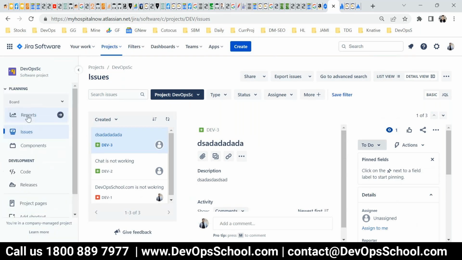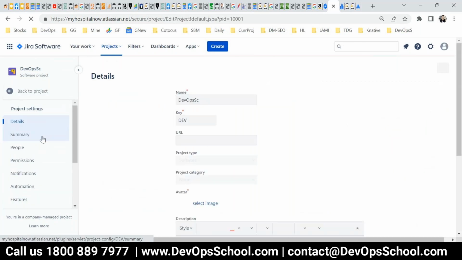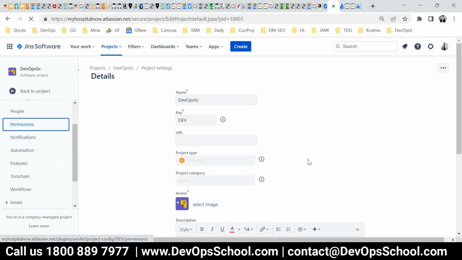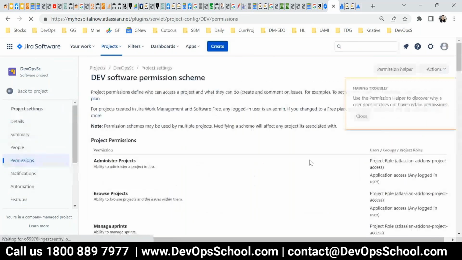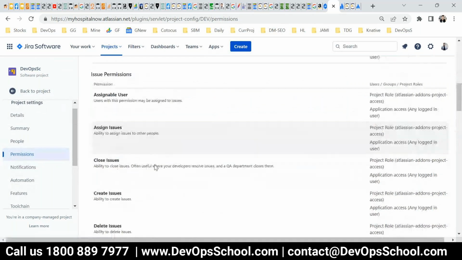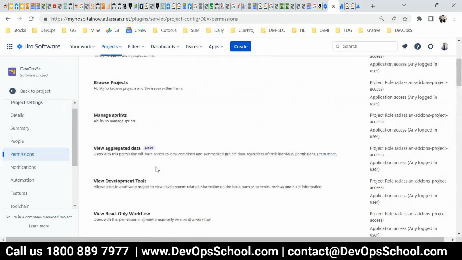These are for the users, but for the managers and admins, you have project settings. In the project settings, you can change many things, including permissions. So you can add permissions at the project level also. How? Same way. These are the permissions which you have given, and whom you want to give access,